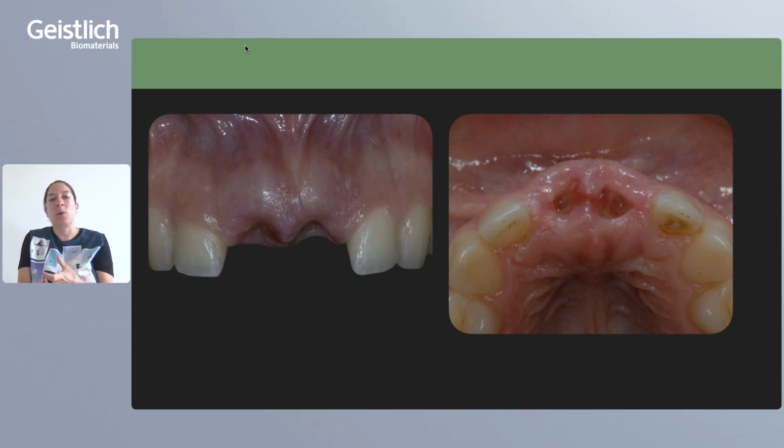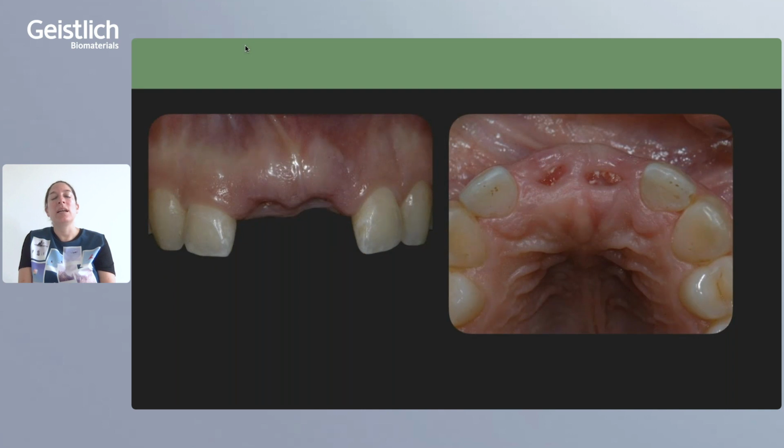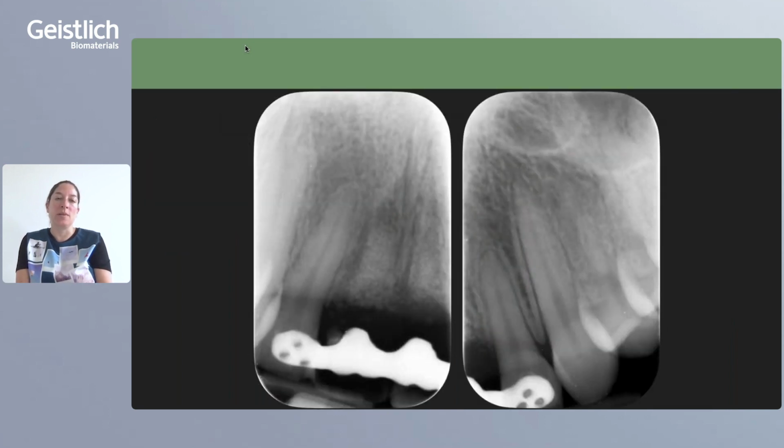Sometimes you also have this popcorn effect, which you can see here. After some more days of healing, even if these bone substitute particles come out, this is not a big thing. We don't remove them, we just leave it. If they come out, we let them come out, but that's totally okay. You just have to inform your patient that this can be a normal thing happening to these sites where you